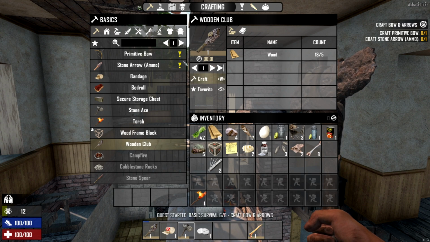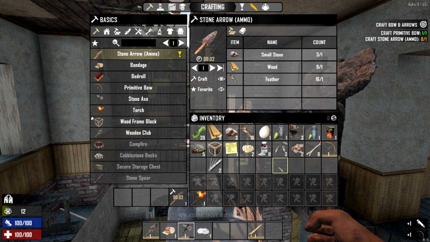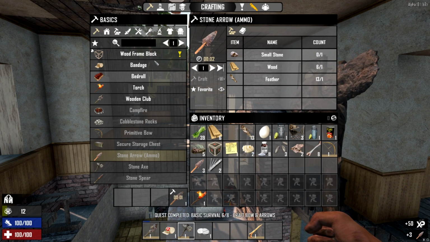Now, I think we do the arrows. Yes, primitive bow. We craft that. We have already got our stones and feathers, so we can craft that guy. Bam! We only need one, but to be honest, if you're going to do it, you may as well do it with whatever you got. Looks like I'm missing stones, so...